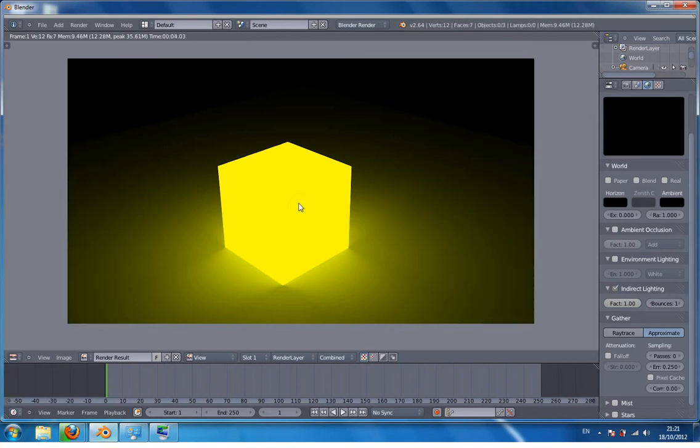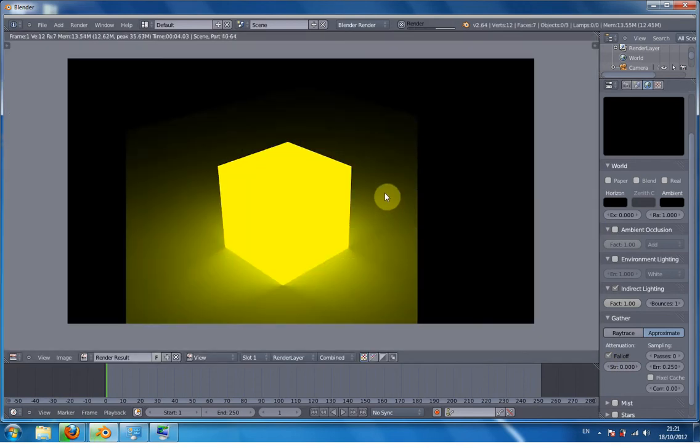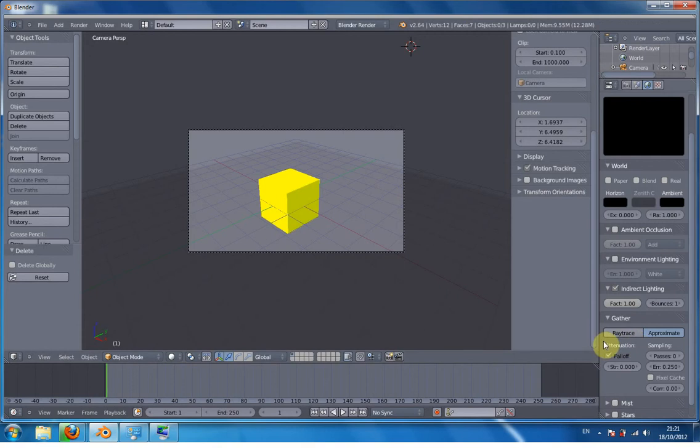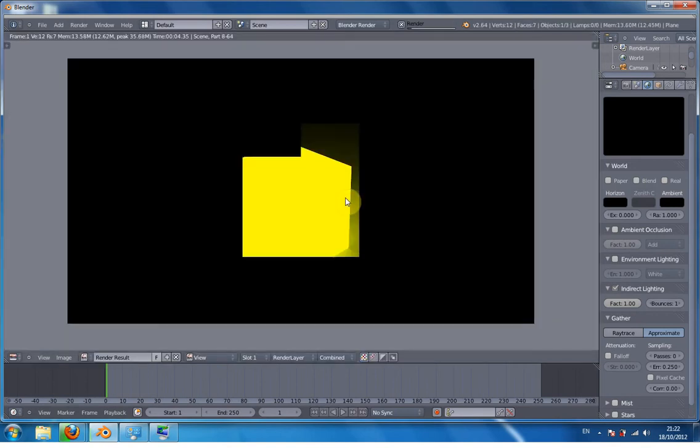It's a cube that lights up. Now, one thing I would do is first select falloff. If I render that again, there isn't too much difference actually. I don't think there even is any difference. Most of the stuff is for other stuff, environmental lighting and ambient occlusion. But one thing I want to do is first select that, scale it up another 10 so it's 100. And now if you press F12,